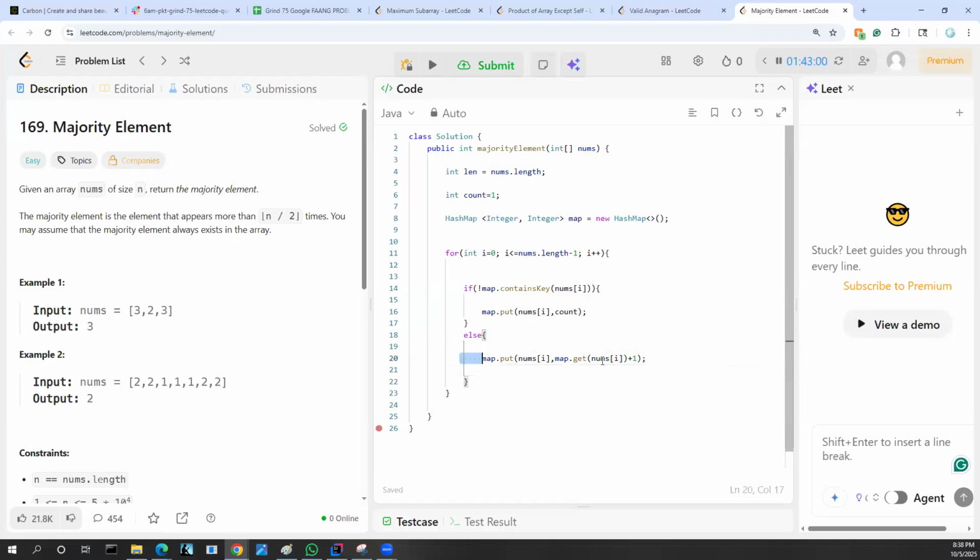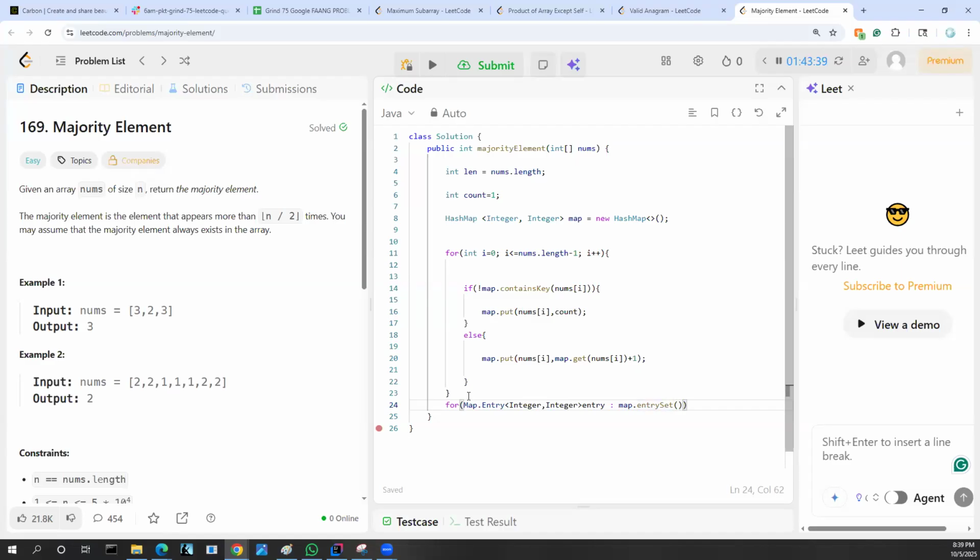Once I have mapped all these, then I'll simply run another loop. This is just Java specific, so you can use Python, you can do a similar thing, iterate over your dictionary and determine if something already exists. Integer and entry, Map.Entry, entrySet. What it's doing is iterating over all the keys and getting its values,